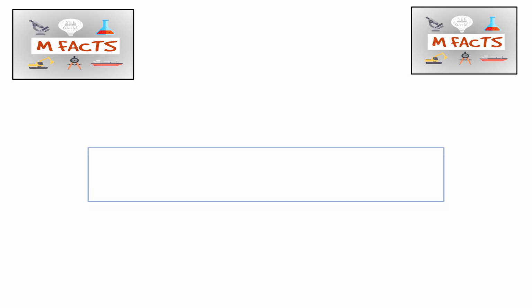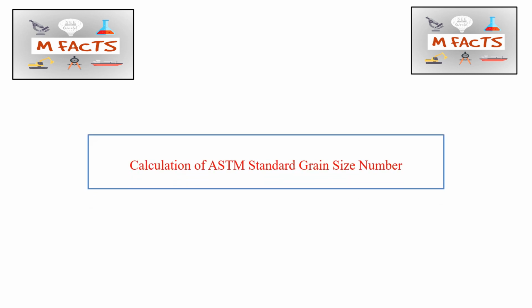So in this video we will try to understand how to calculate the ASTM standard grain size number. This topic is very important for GATE exam and we got a request that students have problems in unit conversion in this type of problem, and also they don't know how examiners can make variations in this type of question. So today we will try to understand all the possible questions that may be asked from this topic, and all those variations through examples also we will see.